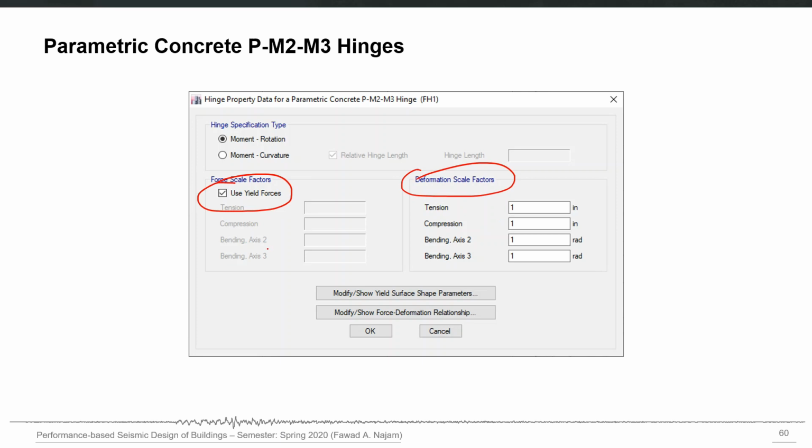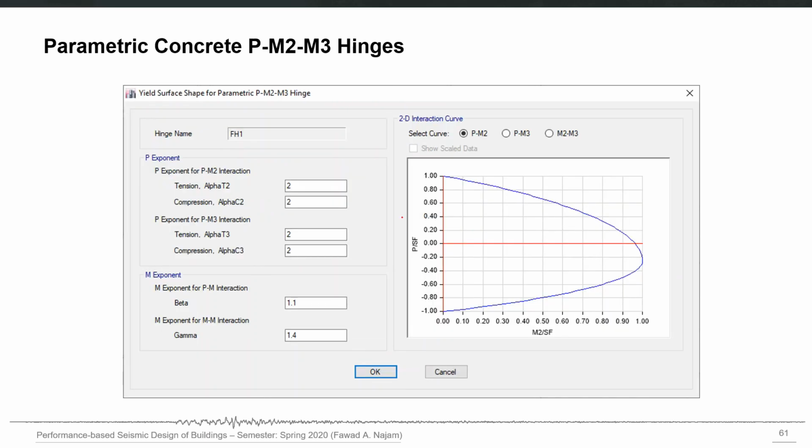If you go for the yield surface shape parameters, you will be shown this form, and here you just have to give alpha T2, alpha C2, these parameters. When you change them, the shape of the PMM surface will change. So you just need to come up with the optimum values of these parameters for your PMM surface, and the program will construct that surface.